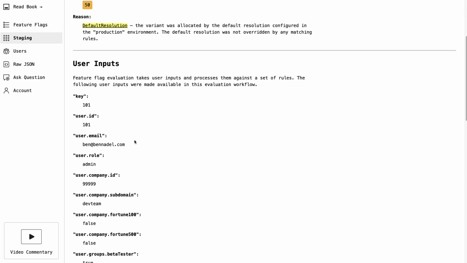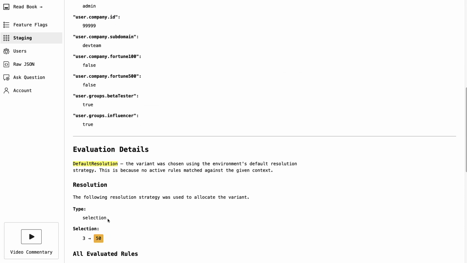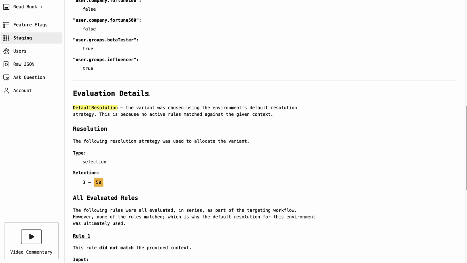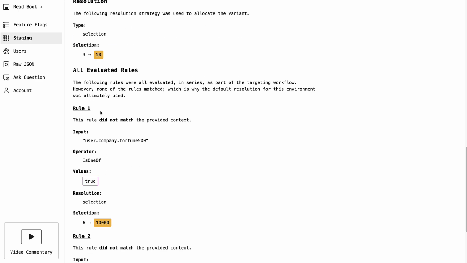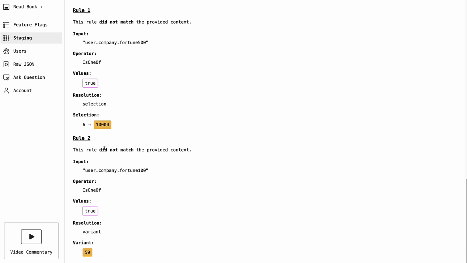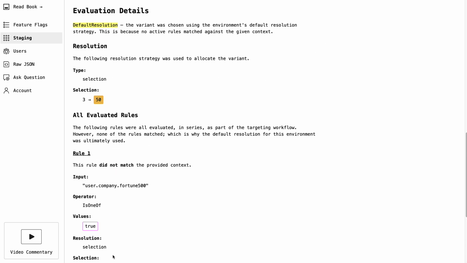And again, if we scroll down, we get all of the inputs that were provided. We can see in the evaluation details that it was ultimately the default resolution in the production environment that resulted in the 50 variant being allocated. And we can see that all of the rules failed to match. Rule 1 did not match. Rule 2 did not match, and I had deleted Rule 3, which is why we ultimately fall back to using